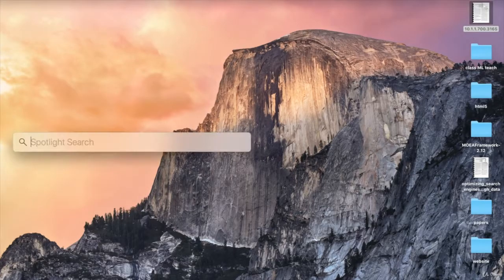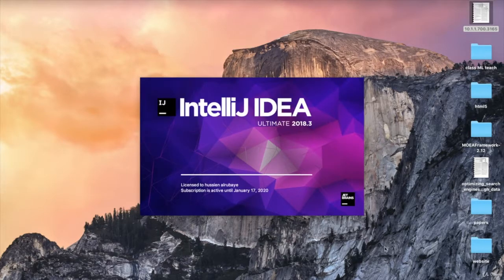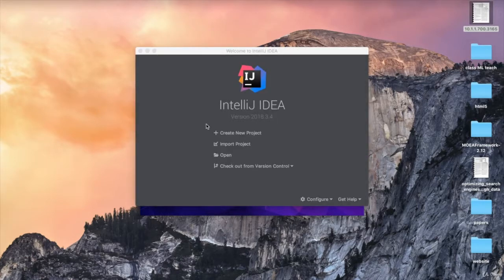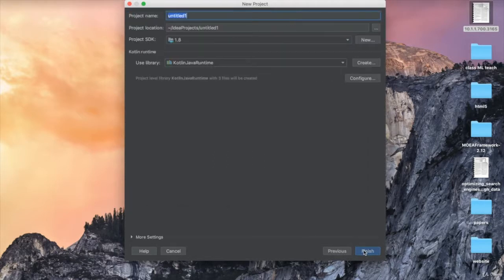To get started, I search for IntelliJ in this way, and I start my first application with IntelliJ. Just wait a second until it gets loaded. It will not take a long time, they do it so fast. So this is IntelliJ. I will create a new project for this tutorial, and I'll make sure to select Kotlin JVM, then next, then I would name it Kotlin